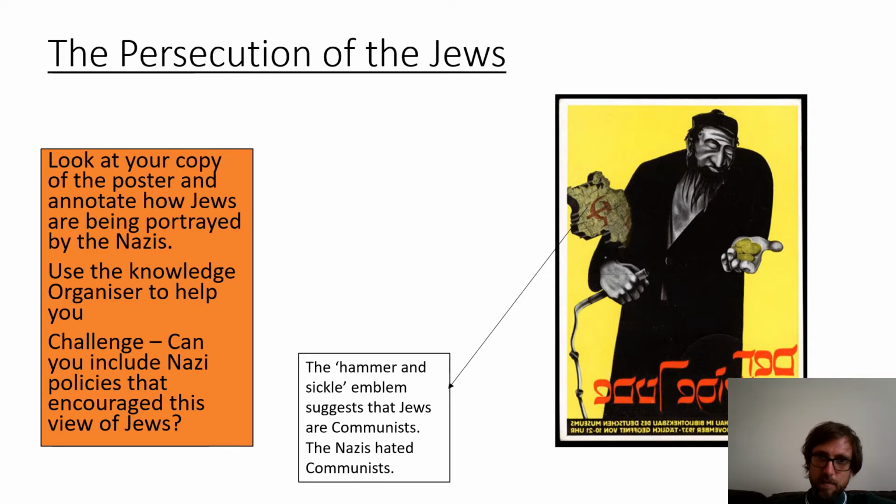and they're kind of mixing that image with this image of a Jewish person to put those two things together, that way making it a lot more simple for the German public to take in that basically they were being told to hate communists and Jews, and that they were the same person, but obviously that's not true, but it was a good propaganda technique for them. So have a little pause of it and think about, is there anything else on this image that maybe shows how they wanted people to think about the Jewish people?